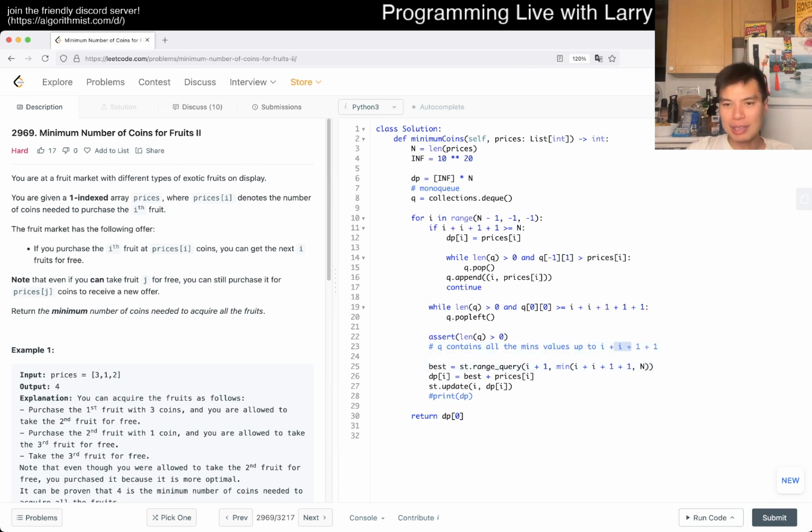So I plus 1, I is the current index, I plus 1 is the number of free fruits that we can take, and 1 is the next fruit after taking a free fruit. So then now we can remove best, and the front of the queue, the prices of that one is going to be min. So then we do that, and then we also do this thing again where,